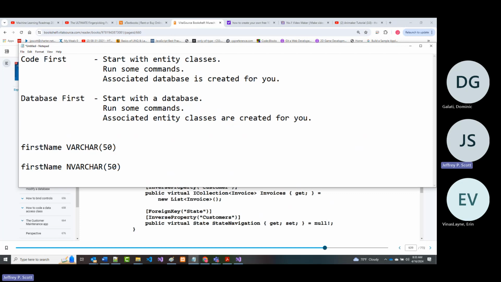Okay. So why am I showing you this? I'm showing you this because nvarchar means that you can use special Unicode characters. What are those? Well, varchar says you can basically just use the regular character set, which means anything you see on your keyboard. But with nvarchar, there are a lot of characters that you don't see on your keyboard that you